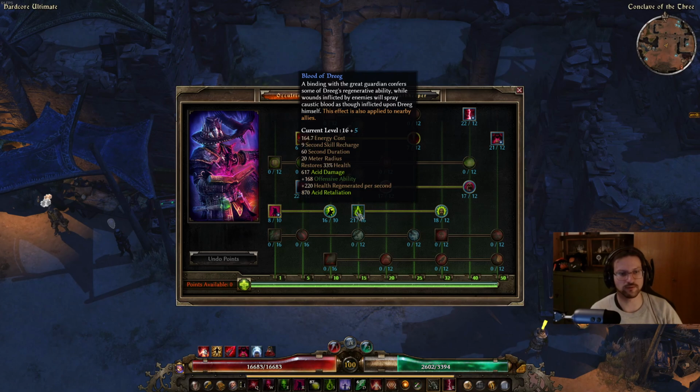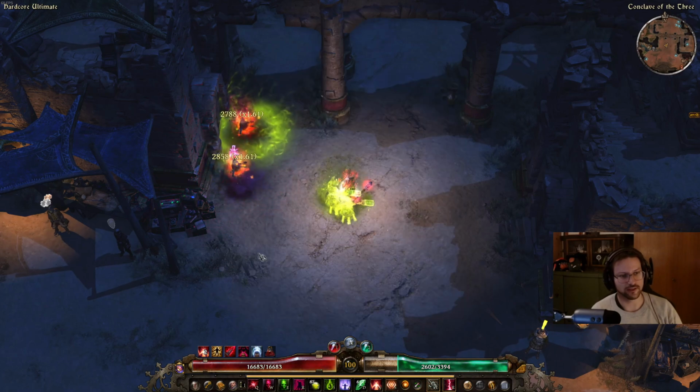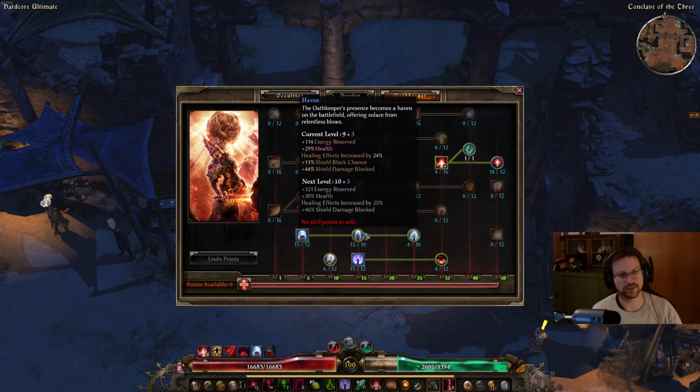21 points in Blood of Dreeg for regen, OA, and just a generic heal. And 18 points in Aspect of the Guardian for physical resistance, poison resistance, and % vitality damage. This still keeps on going, eh? Holy fuck. Okay, Oathkeeper side, 15 points Presence of Virtue for offensive ability,